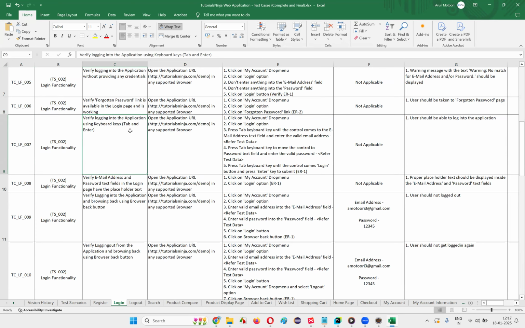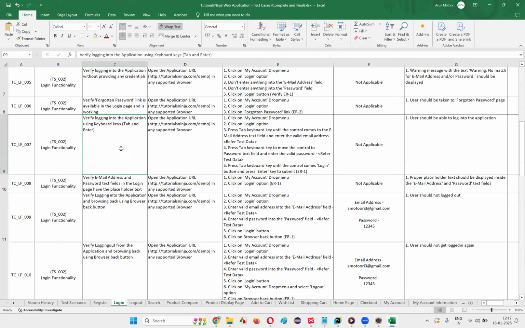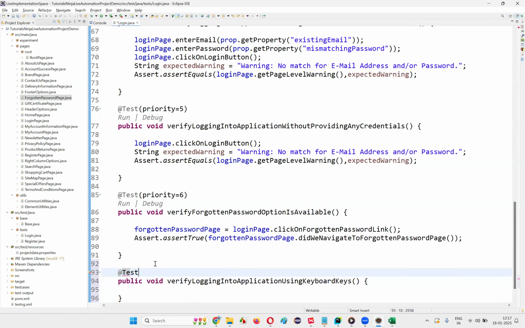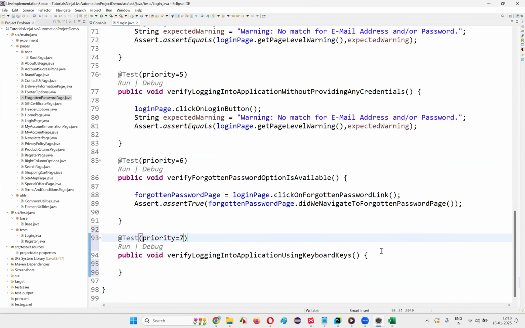How to verify that? Public void verify logging into application using keyboard keys. And here I will write down at the rate test priority is equal to 7. And here write down